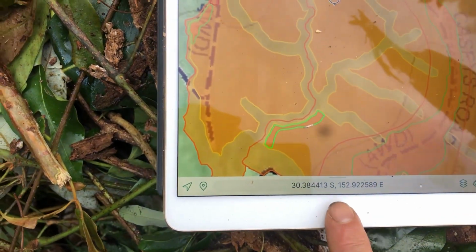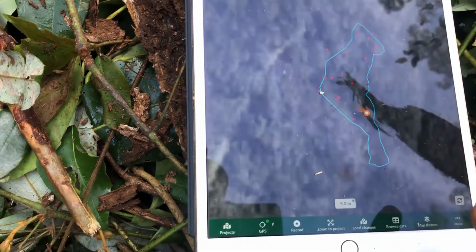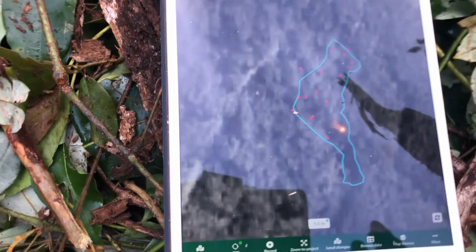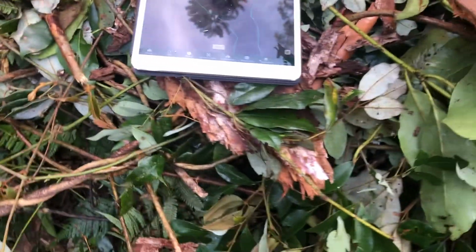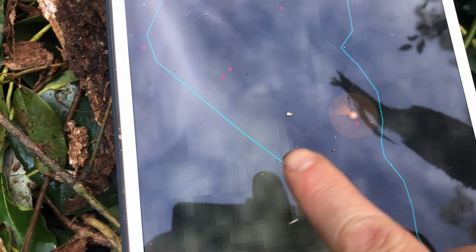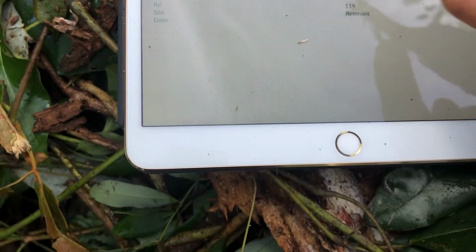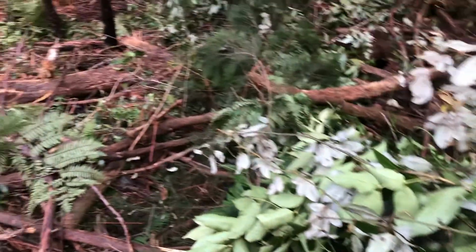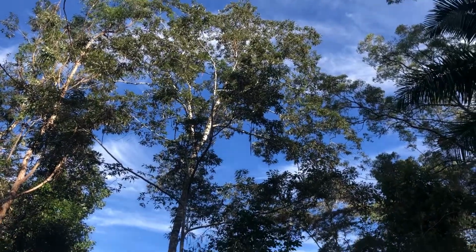And we'll go to input now and we'll look at the historical photography. And we're inside that remnant, and somewhere in this pile is an original flooded gum, and then over here is a red ash, that sits on the other side of this little tongue of the polygon. There is the red ash,